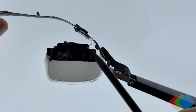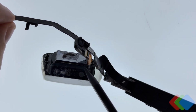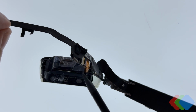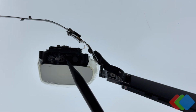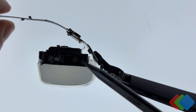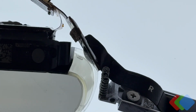So our optical module holds the microOLED panel that we see at the top here with the thermal paste that was connecting to the aluminum heatsink. It holds this in place essentially by the 2 glue lines that we have on either long edge of the panel. This is bonding it to this plastic frame that gives a very precise distance to the actual display. So this is just a plane that is projected through a series of lenses. And we'll take a look at all of these lenses later. But the idea is, if we cut that glue line, and you can see here some further glue between the flex cable and the inlet to the microOLED panel,